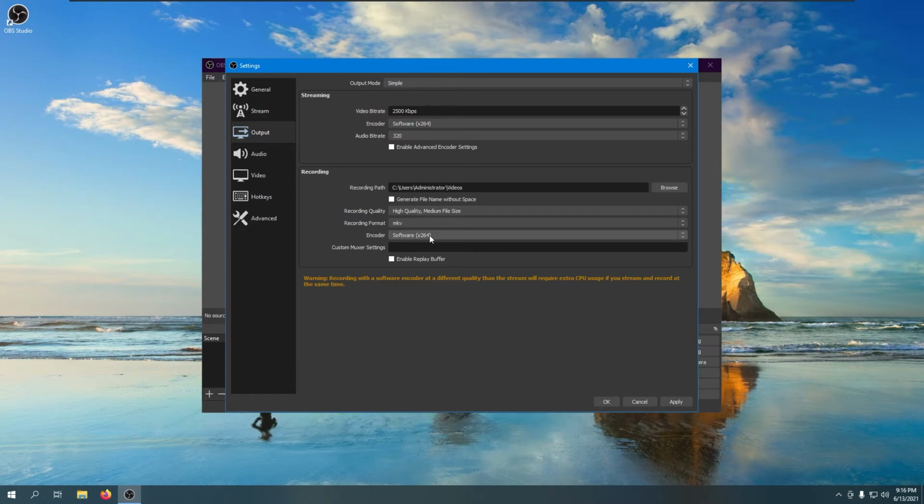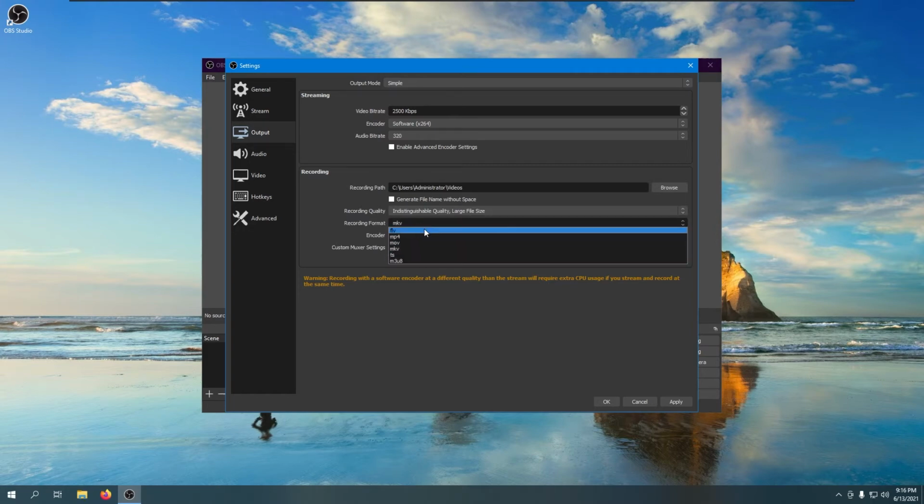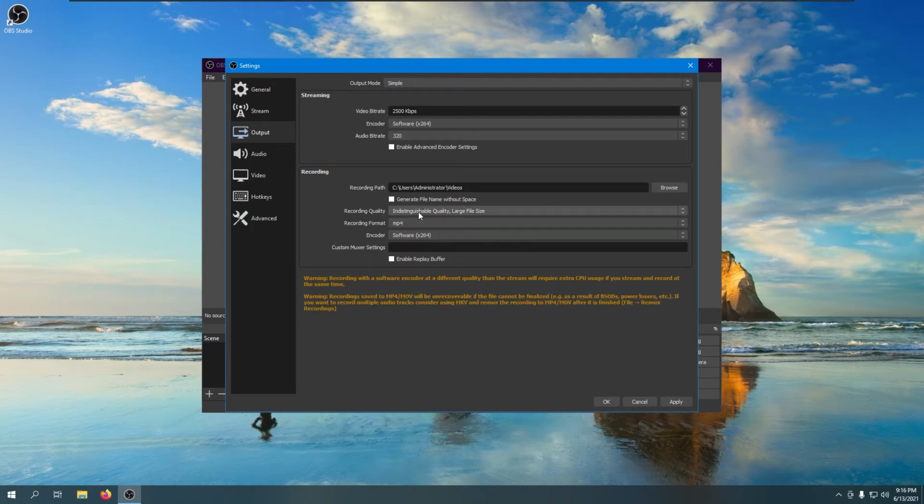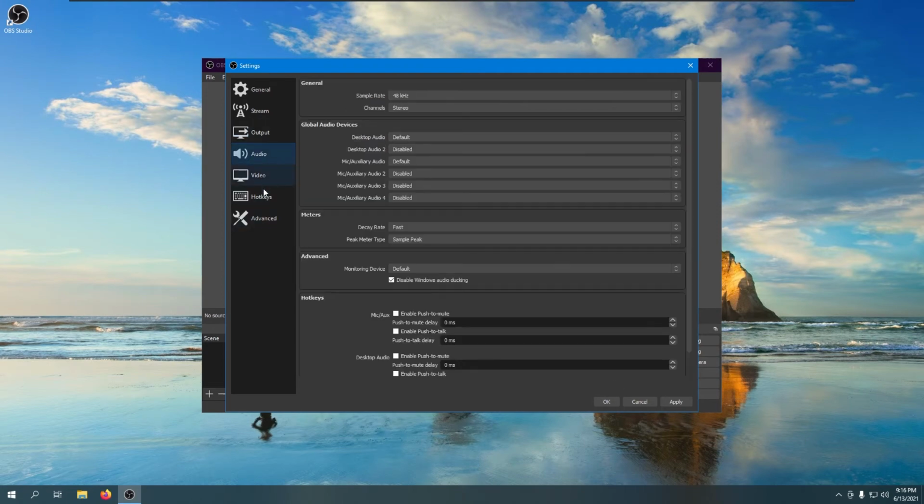And you can go to recording quality, just select the indistinguishable one. If you select the lossless one, the video size will be really high, so just go with indistinguishable. And for recording format, there are a lot: MKV, MP4, MOV, a lot of stuff. I'm gonna use MP4. So now let's go to hotkeys, and I generally use some hotkeys to